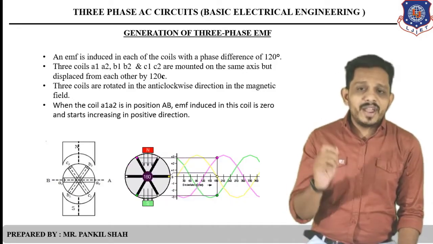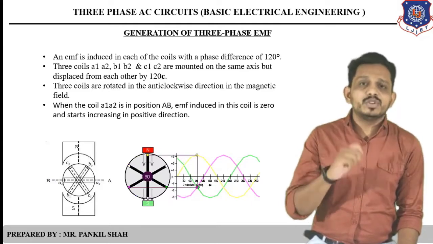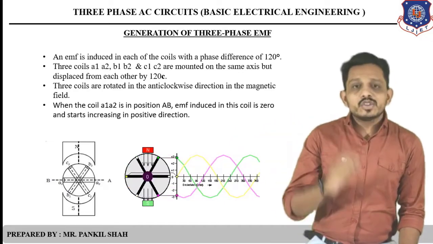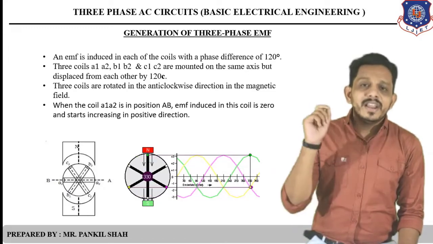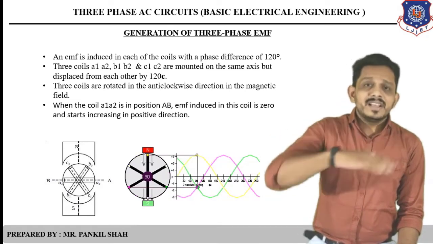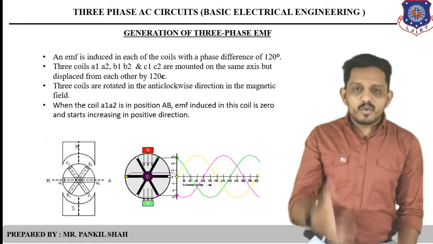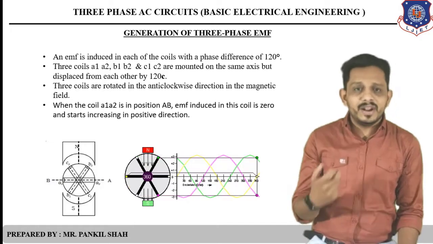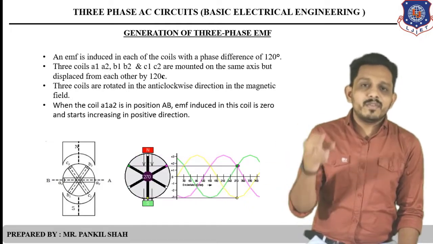So let's say that when the first coil, coil A1, A2, is in position AB, and position AB is the standard position, at 0 degree, you can say. So at 0 degree, at position AB, the EMF induced in this coil is 0. At this position AB, if our first coil is placed, then the flux linking with this coil is maximum, but the coil is right now not rotated. If the coil is not rotated, then there is no relative motion between the coil and the magnetic field. So we can say that there is no flux changing with that coil,